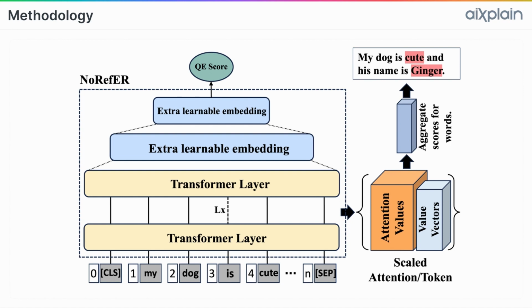Our study focused on analyzing the attention distribution of the reference-free quality model, which here is NoRefer, and we check its behavior at both word and token level across sentences with different word error rates. The attention scores from the model's layers are first collected, and then we average them across all the layers and heads, and then refine them by scaling with the L2 norm of the value vector to improve the interpretability and reliability in identifying word level errors.